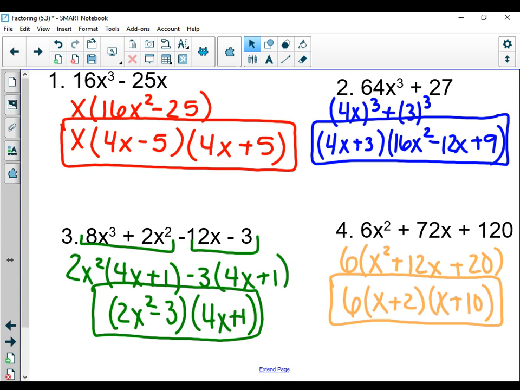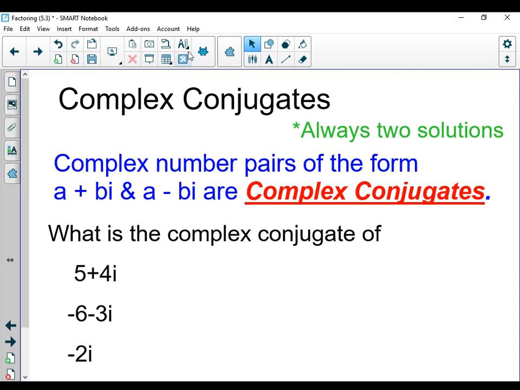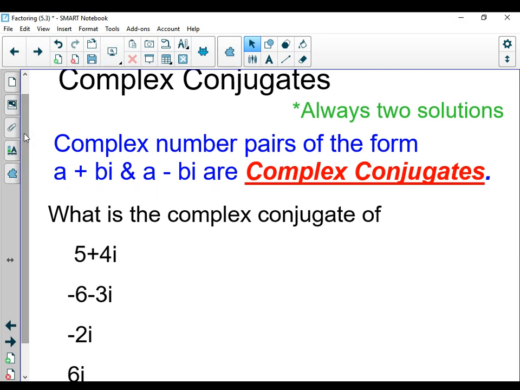Okay. One more thing. You already have this slide in your notes, allegedly, when we did the complex conjugates. You have a plus bi, you have a minus bi. Now we're looking at it in the form of zeros of a function. So you cannot have one without the other. If you have 3 plus 2i, you have to have 3 minus 2i as another 0. And you'll see why when we start multiplying here in a second. If you have a plus bi, you have to have a minus bi. They go hand in hand. They cannot be separated.